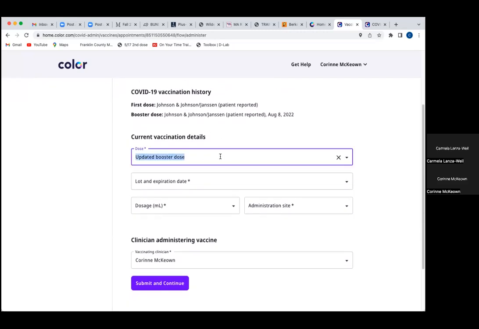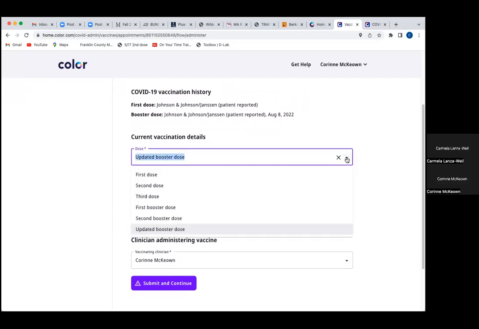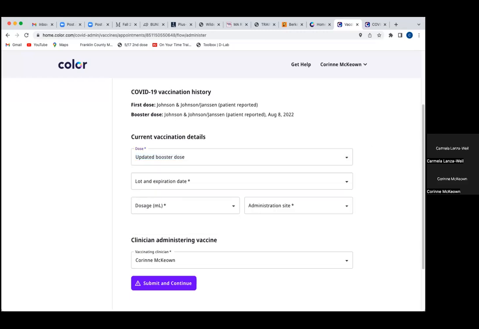Current vaccination details. They're getting an updated booster dose. It might be it's their first dose. It could be any of these things, right? So find the correct one based on their COVID card, their vaccine record. And then here,